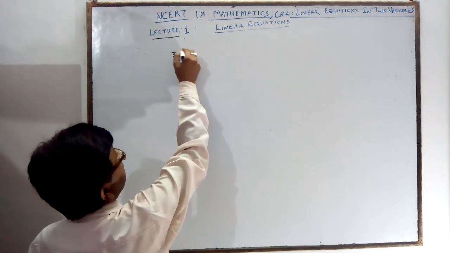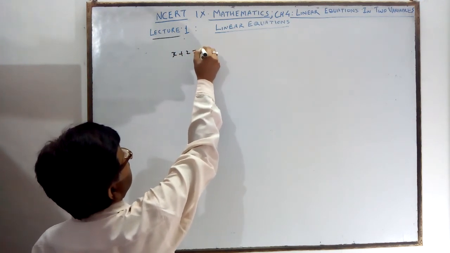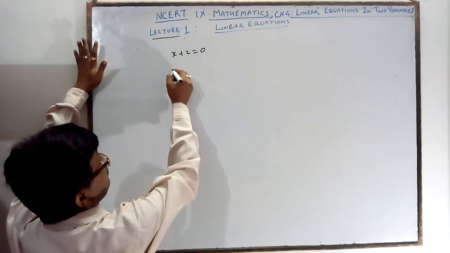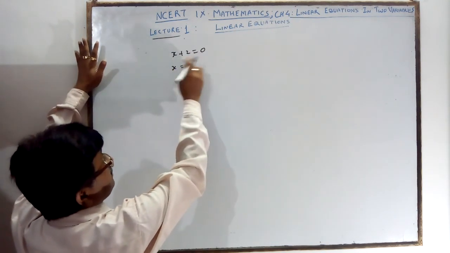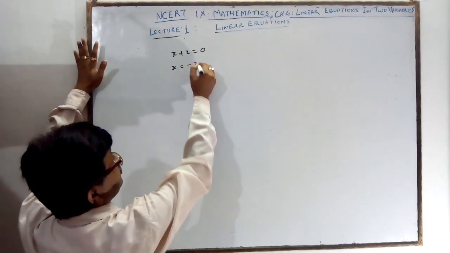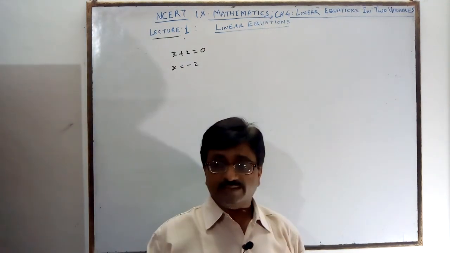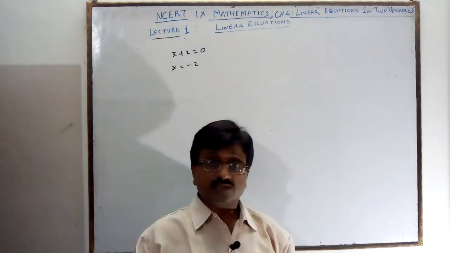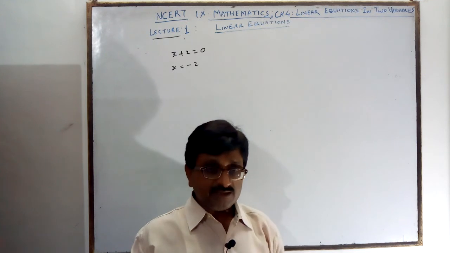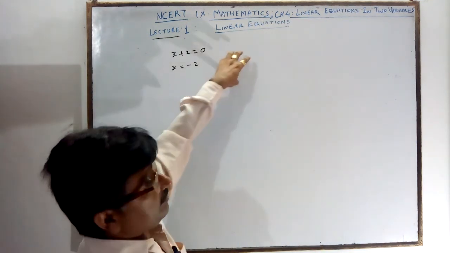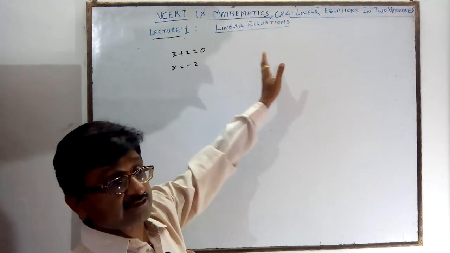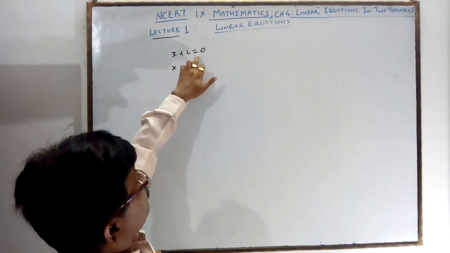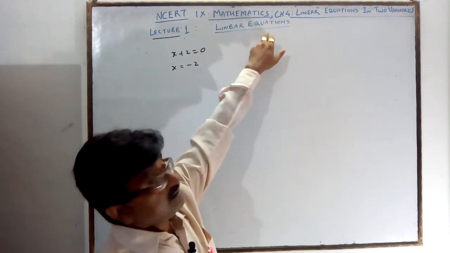Like x plus 2 is equal to 0. It is given. It is a linear equation in one variable. You know the difference between an equation and an expression. An expression means a polynomial. It is called an equation when an equal sign is present. Expressions like x plus 2, px, quadratic polynomial, linear polynomial. But when an equal sign is present, it changes into an equation.